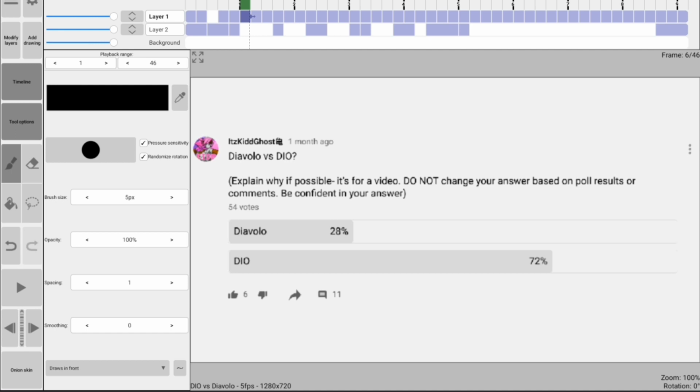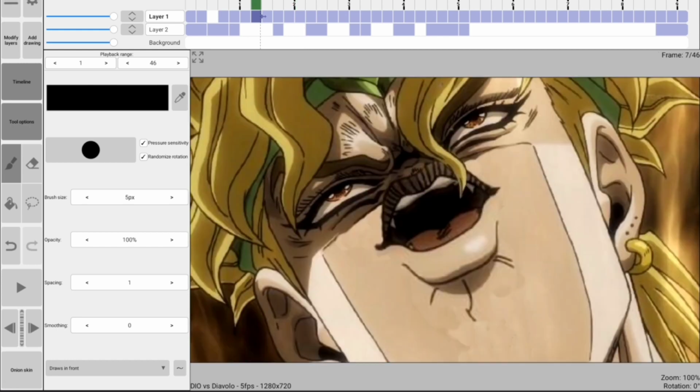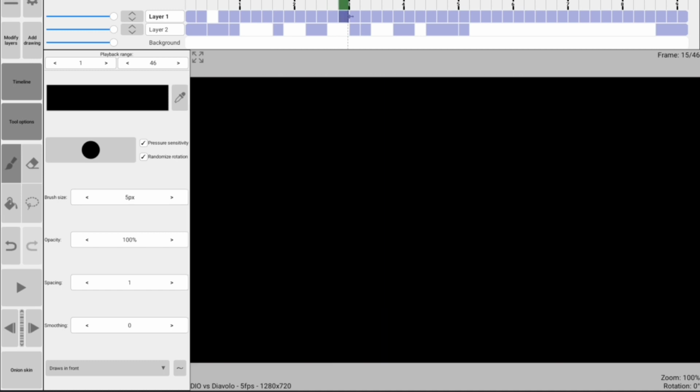But one thing I do want to address. Let me see if I can. Oh my goodness, this is going to look so stupid out of context. But let's see if I can find it. Okay, black screen. Here we go.